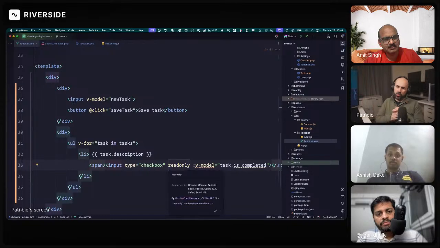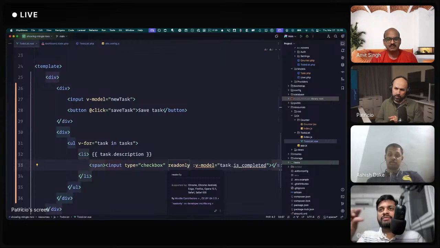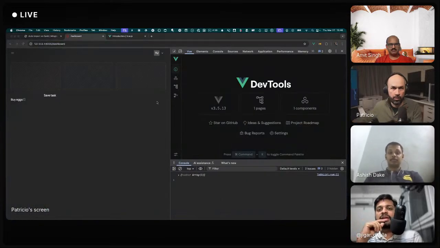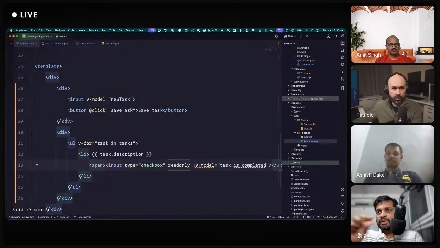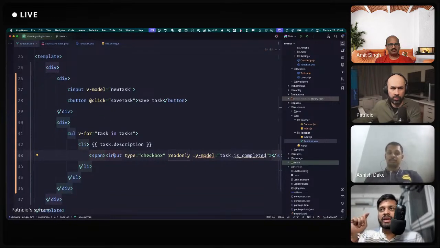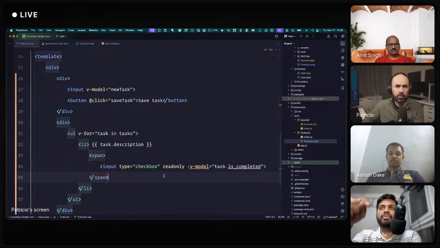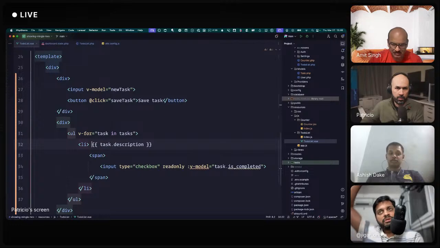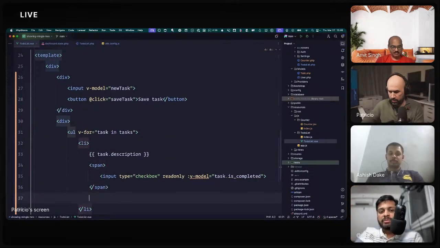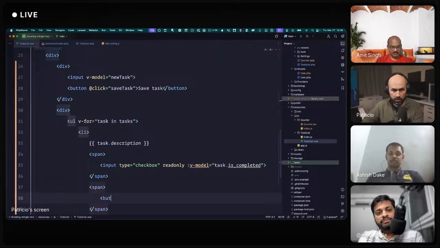Tell me again, Jigar, how you want to complete? So I was thinking, like in the row itself, we add a button, and when we click on the button, that will mark it as completed. So I was thinking in the Vue component, each row will have a complete button, and when we click the complete button, it will trigger a function, a Vue component function, which will call wire.completed, mark as completed, something like that. Sure.